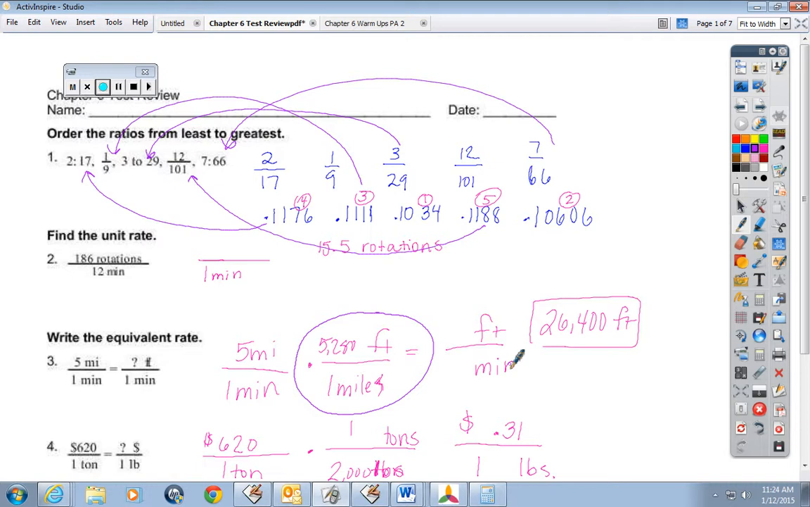Okay, so I know that there's 5,280 feet in 1 mile. So I just multiply across, 5 times 5,280, and I don't end up having to divide by anything. And you see these cancel, and you're left with feet and minutes. So 5 times